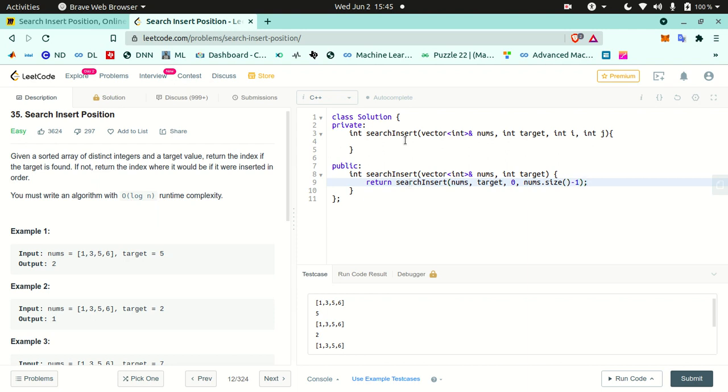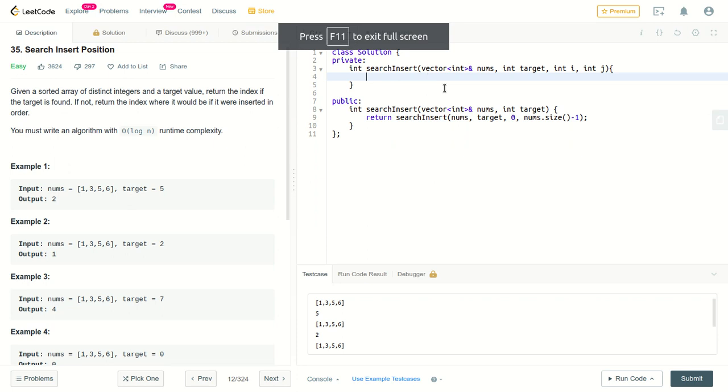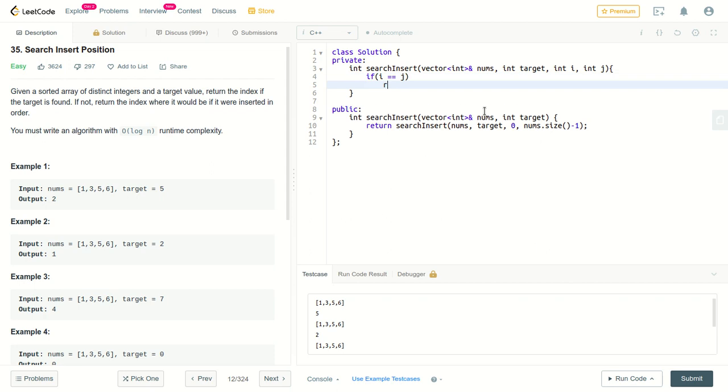Let's go full string and see. First of all, we need to see if i and j are the same, right? If i and j are equal, then we simply return i. Okay,